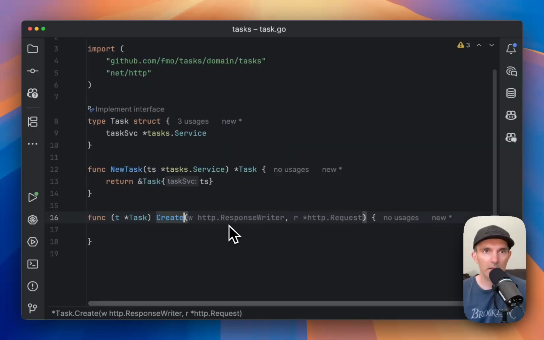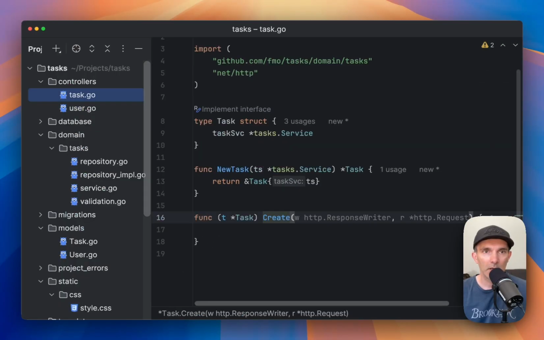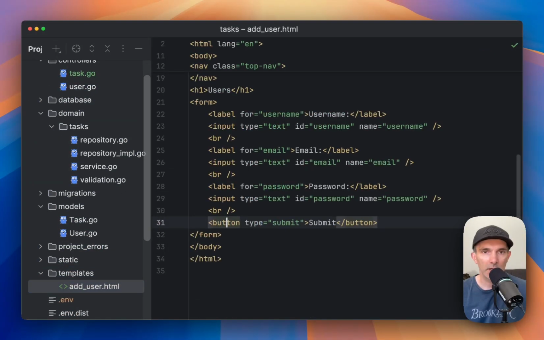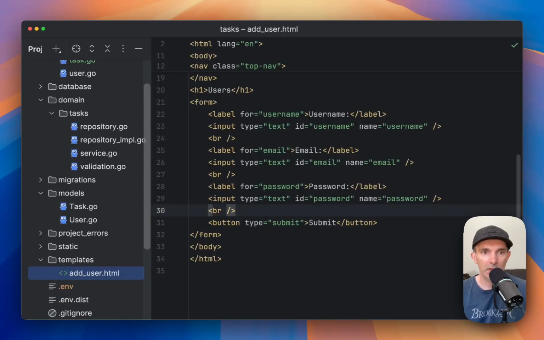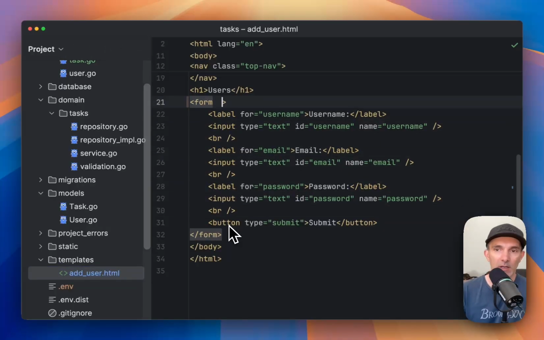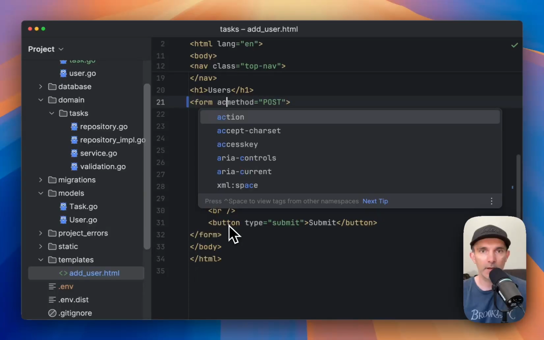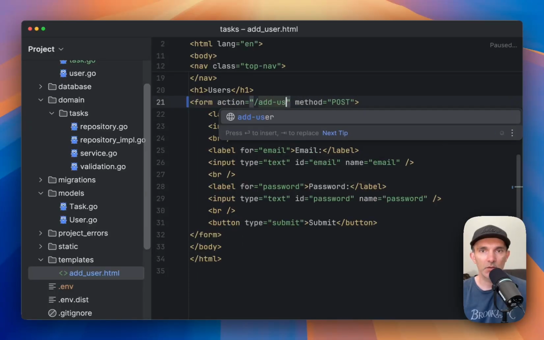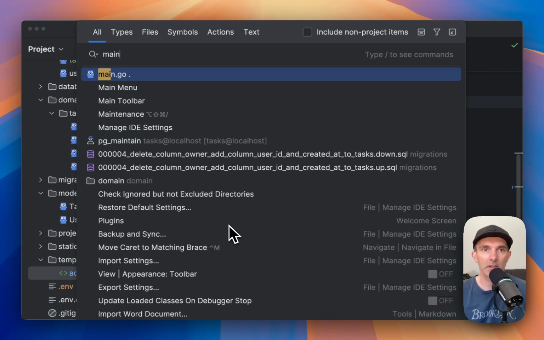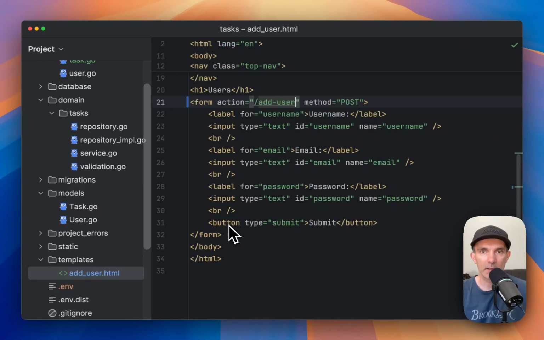And let's come here and let's go to the form actually. So we have the static files, add user. So we need something similar here. Or should we continue with user? Yeah, let's go with user for now. We will need a user anyway. So I'm going to define a post here. And the form will be action add user. That was correct. So we're going to push the form data,